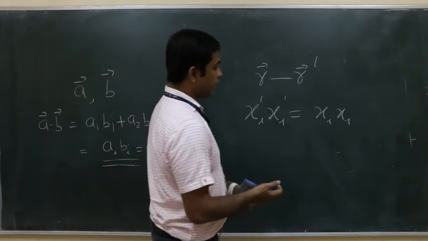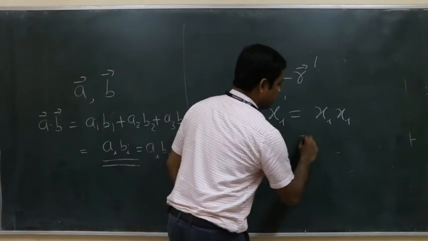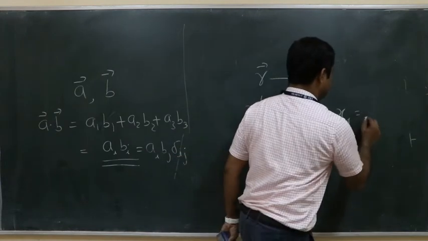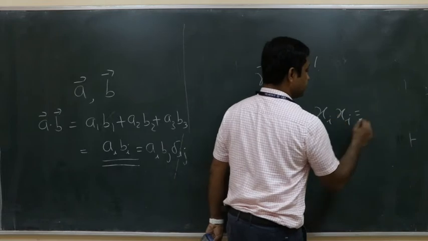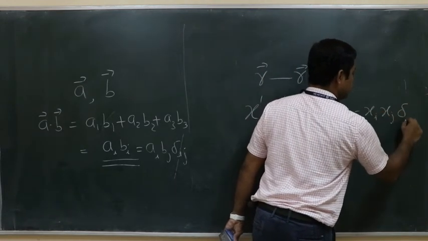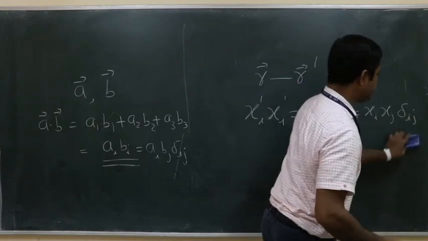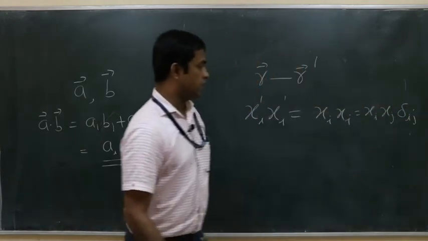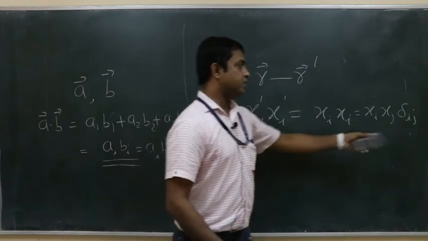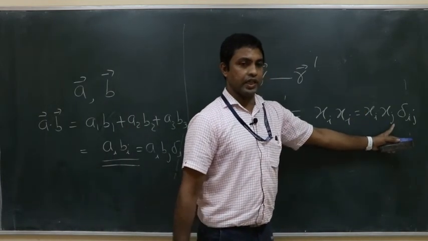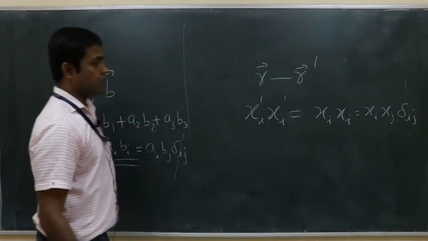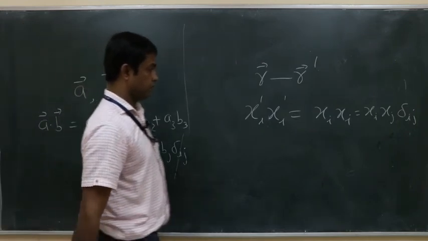Now I can write this as equal to xi. It's the same line I will write down. This I can write as xi xj delta ij. Yes, xi is the same as xi xj delta ij, because when i is equal to j, only this term exists, right? So obviously it will be xi xi, or xj xj. No problem.